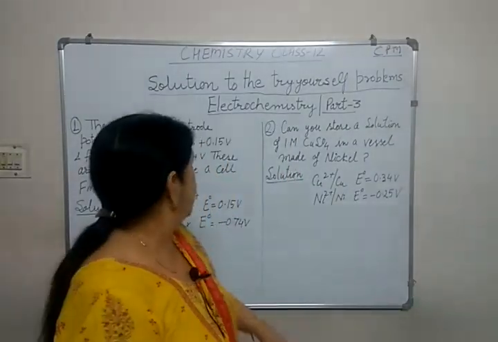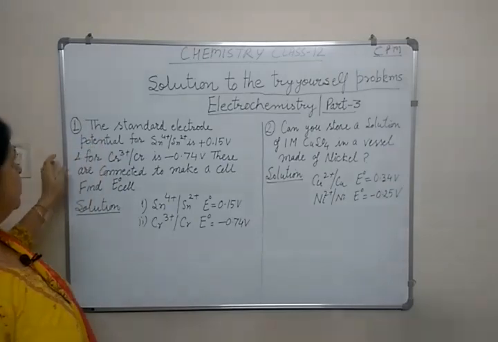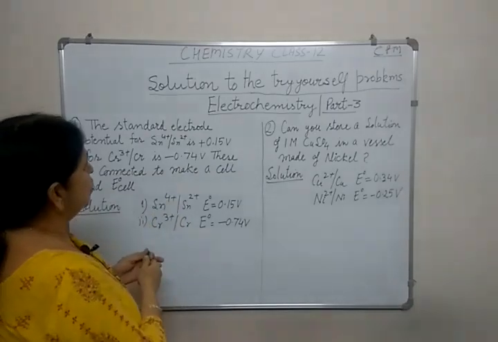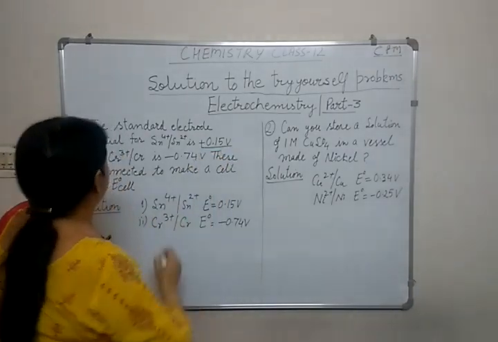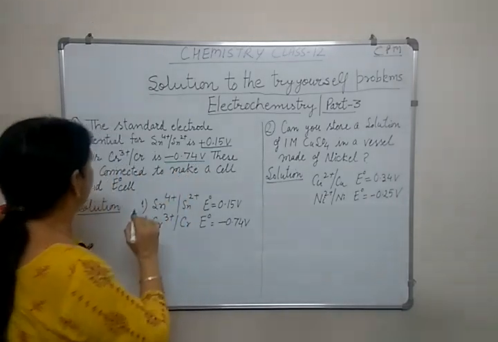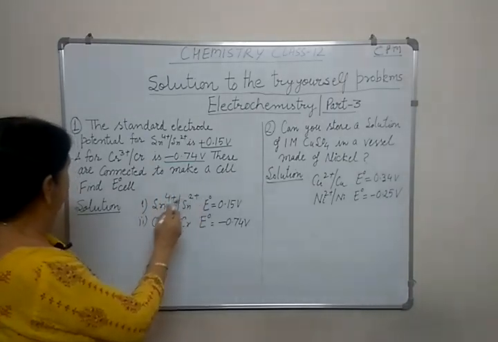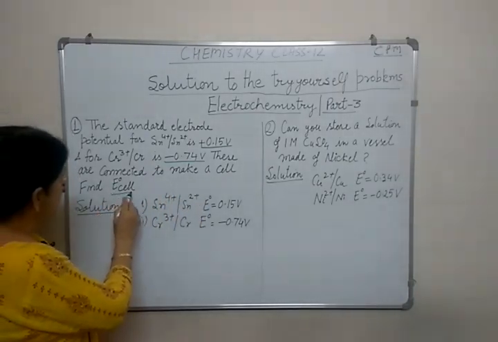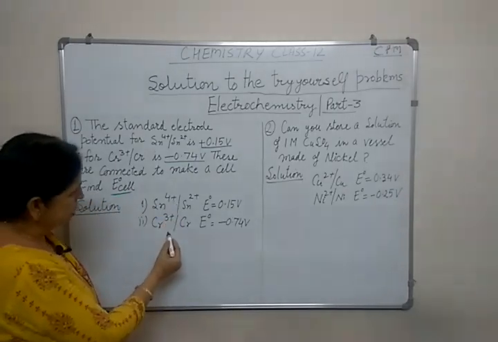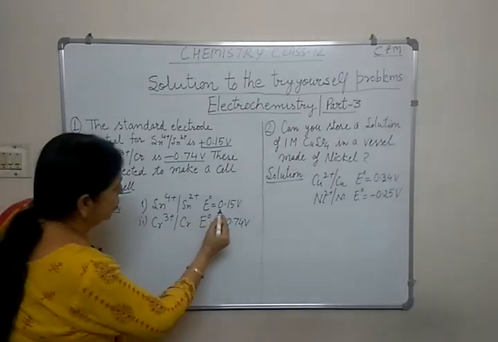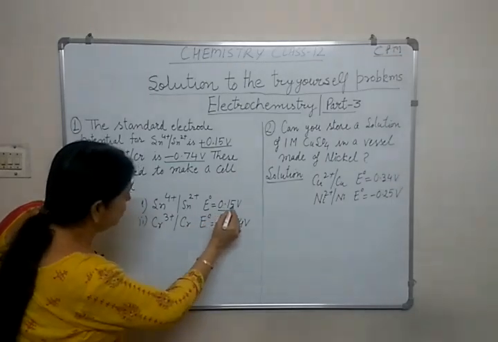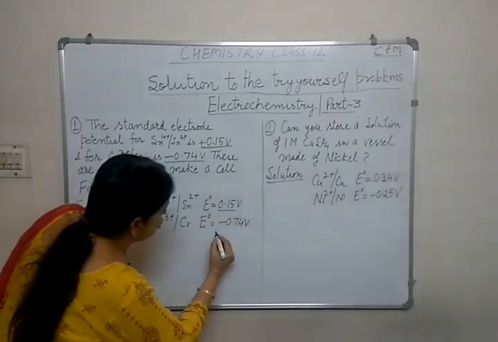So let us see. First question was: the standard electrode potential for tin 4 positive to tin 2 positive is 0.15 volt, and for chromium 3 positive to chromium is minus 0.74 volt. These are connected to make a cell. We have to find E0 for the cell. We have been given 2 electrodes, one is tin electrode and the other is chromium electrode. Electrode potential of tin electrode is 0.15 and that of chromium is minus